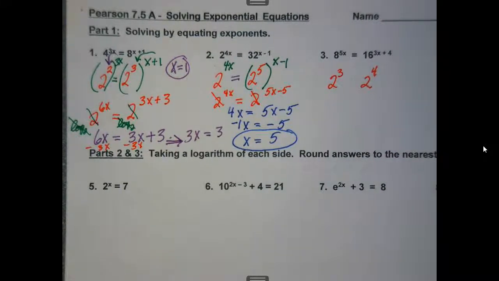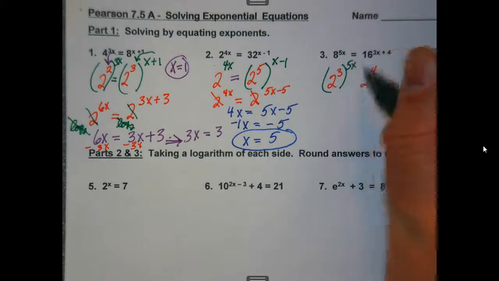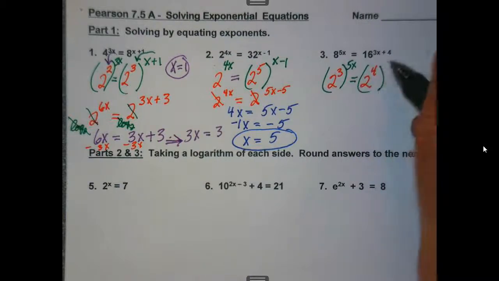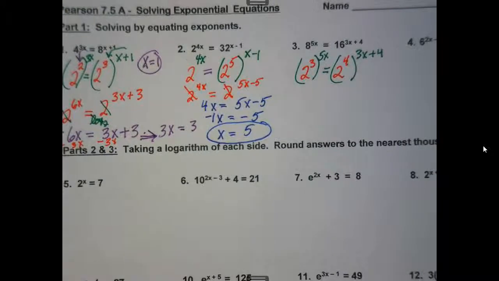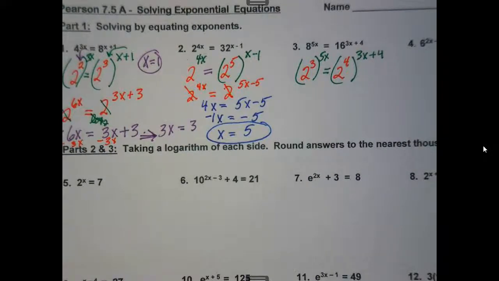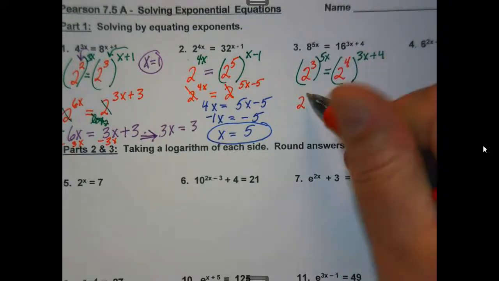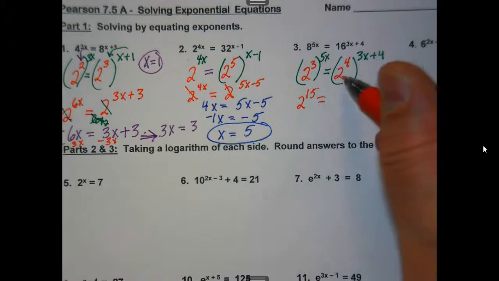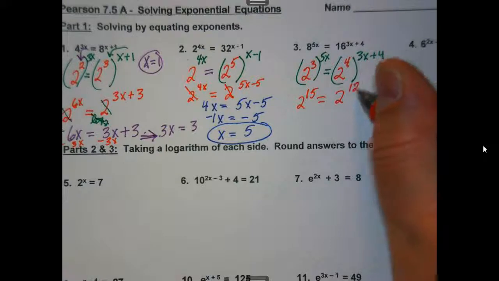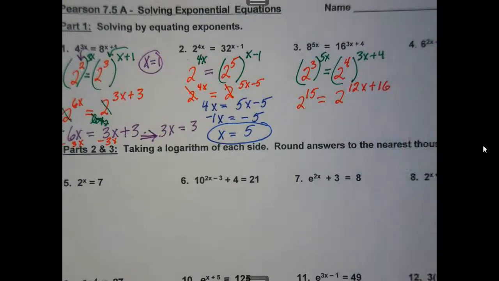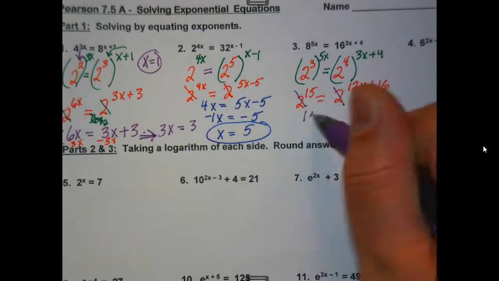Okay, so let's fill in everything else now. I have my 5x equals, I have my 3x plus 4. Okay, let's go on. 2 to the what now? 15x. 2 to the 4 times 3x plus 4. What's going to happen to my 2's? So I end up with